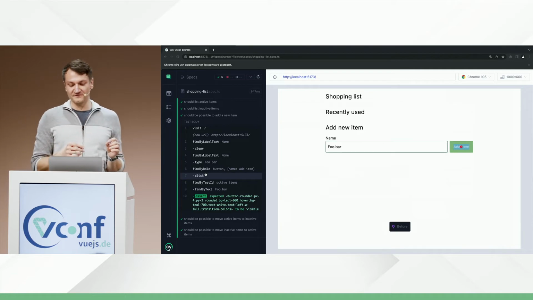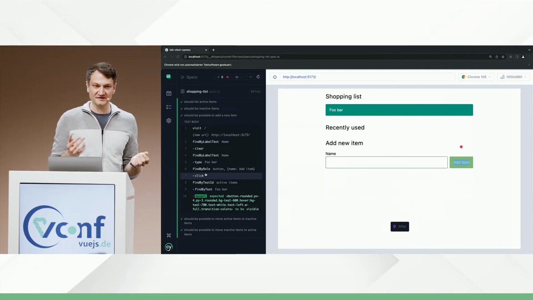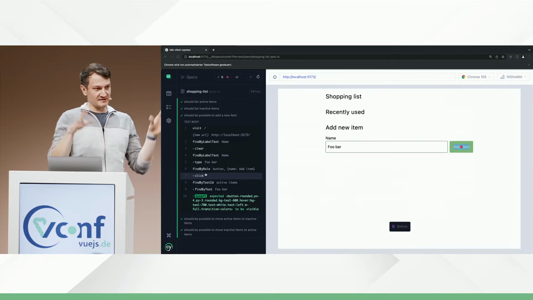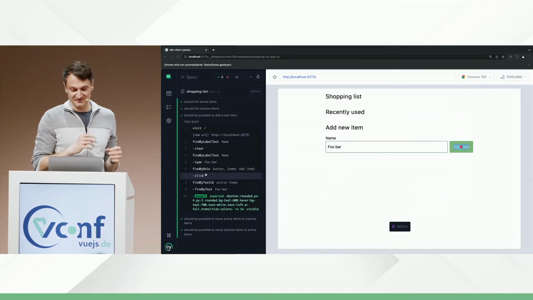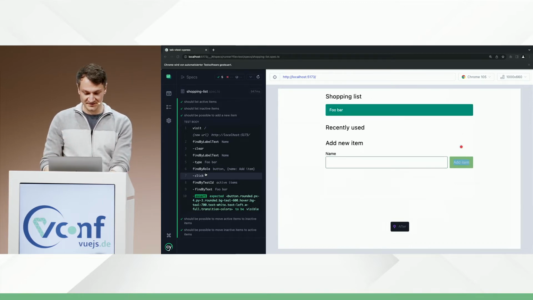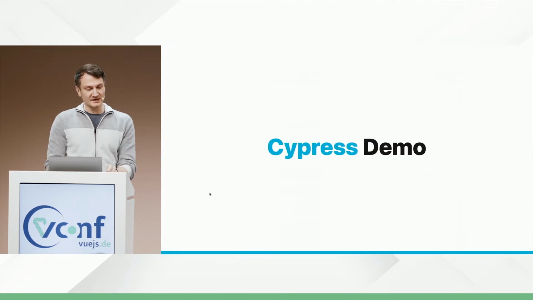If our test is flaky, for example, oftentimes the reason is that some overlay or something is in front of the button we want to click. And with this debugging feature, it's very easy to find stuff like that out. Okay, so